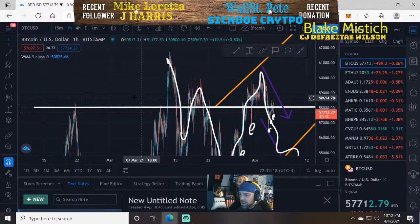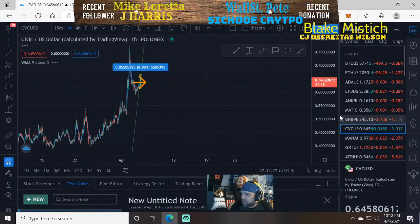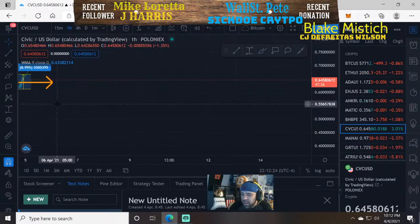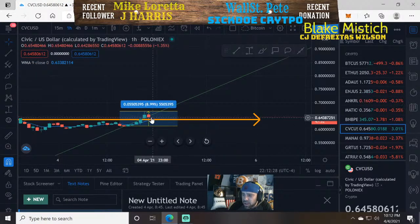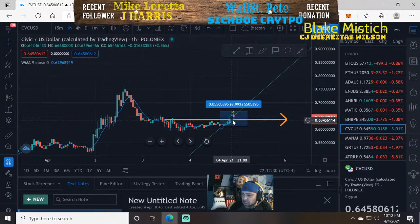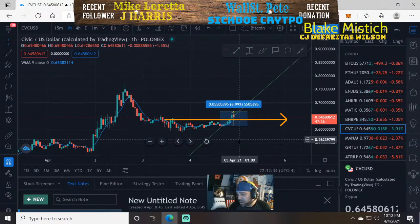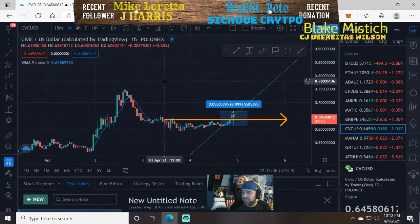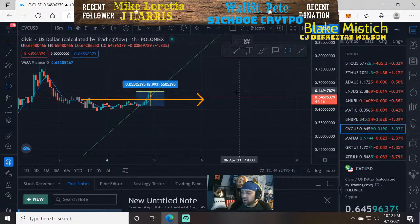It'll save your butt. I just wanted everyone to know that might have heard one quick topic over Civic that we could have been correcting, and that's not true. We have to see this first. So in order for us to really be getting a correction, we have to pay attention to this and see this fall through. If it does fall through, then I was 1,000% correct on my quick analysis on it. But you do have to keep paying attention. See, we don't have any confirmations, and that's what you're looking for. You're looking for, and it's the most important thing in the world,